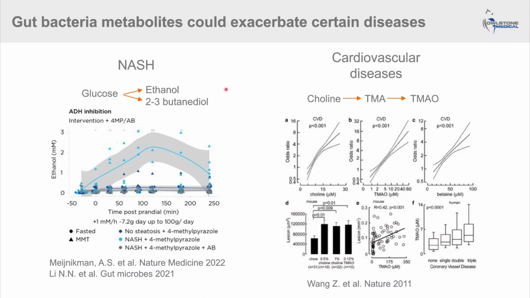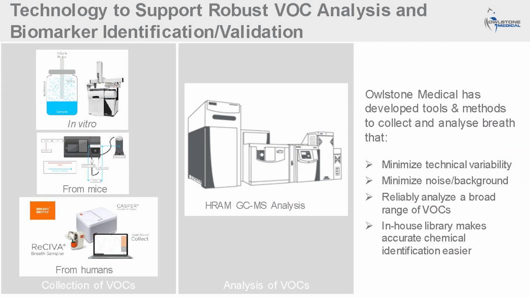However, ethanol and trimethylamine are volatile compounds detectable in breath, and therefore we can use breath instead of blood to identify those subjects that have excessive production of these metabolites and characterize the effect of these metabolites on the exacerbation of the diseases. I will hand over to Liz to talk about how we measure these VOCs in the breath. Thank you, Giuseppe.